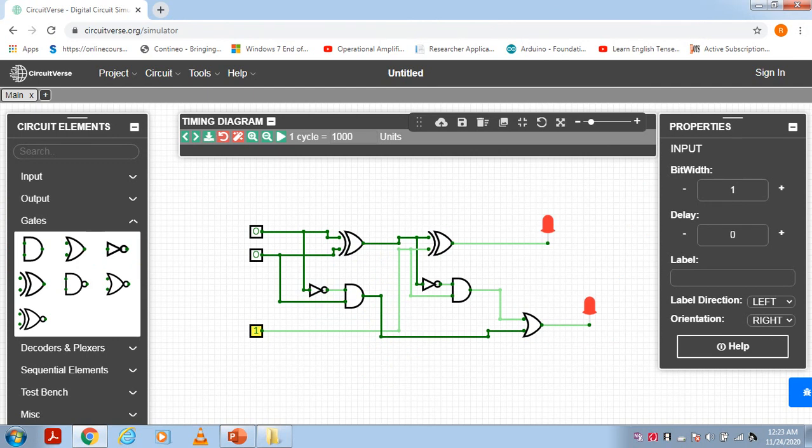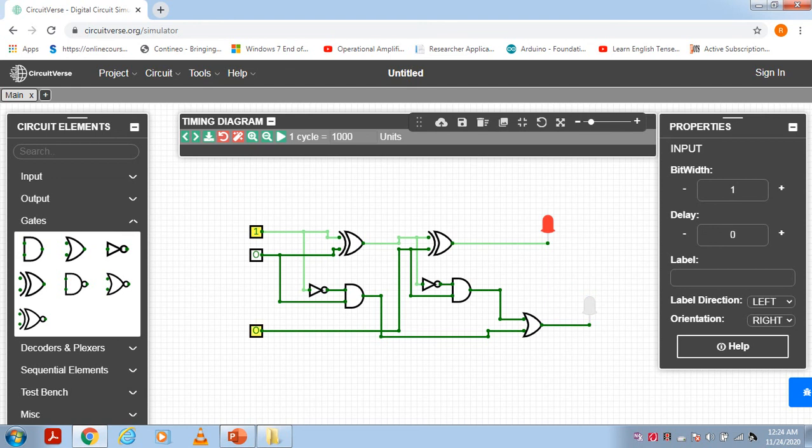Next input combination is 0 1 0. Again, difference is 1 and borrow is 1. The next input combination is 0 1 1. For this, 0 minus 1 is 1 with borrow 1, and subtracting again with this one, the difference is 0 and borrow is 1. The next input combination is 1 0 0. For 1 0 0, difference is 1 and borrow is 0.